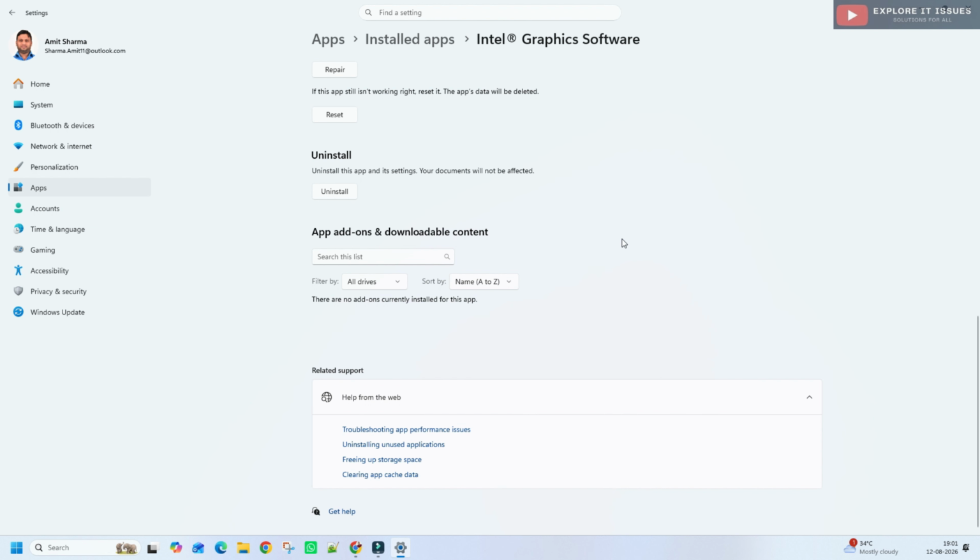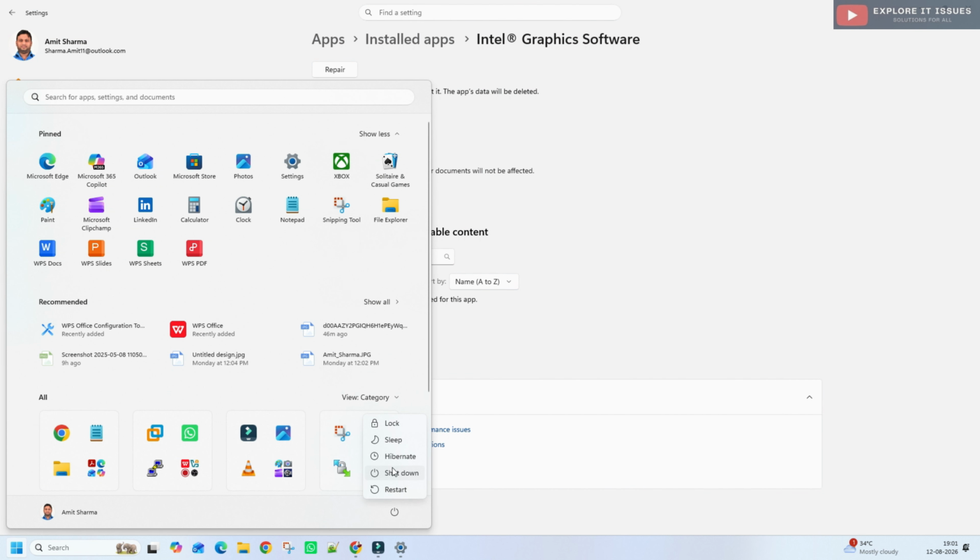As I told you, I will provide you one bonus tip. The bonus tip is restart your PC. It is one simple but important tip. If your computer has been running for a very long time, try a proper restart. Go to the Start button, then Power, and restart your system properly. Restarting can reload Windows components and applications and can sometimes resolve temporary performance problems. I hope you understand.